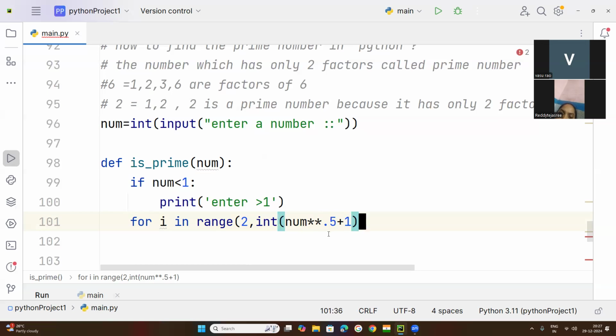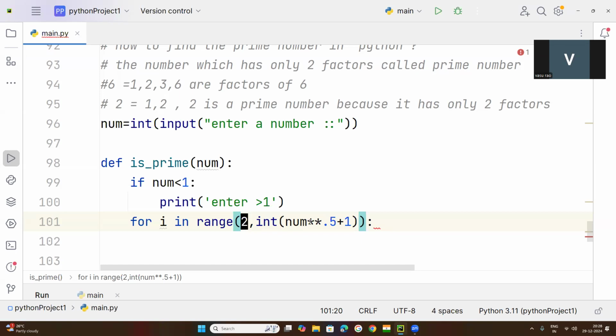Now let us see what happened here. Then after, you run this one. Now come down. It is requesting one more bracket here. Now under this range function, I have used the range starting from 2. If you enter 1, it asks you to enter greater than 1. And then from 2, the range will be checked up to